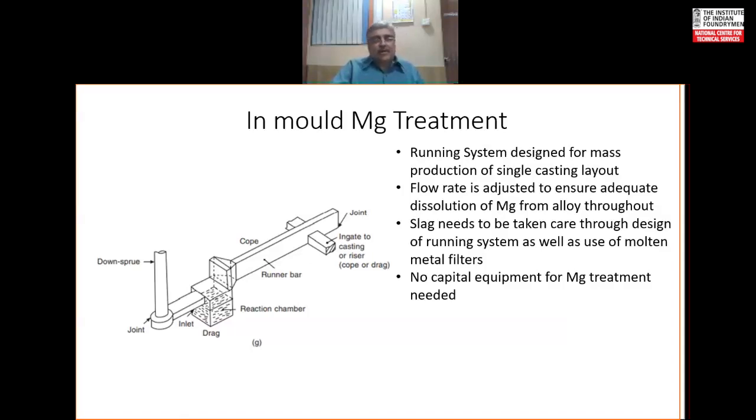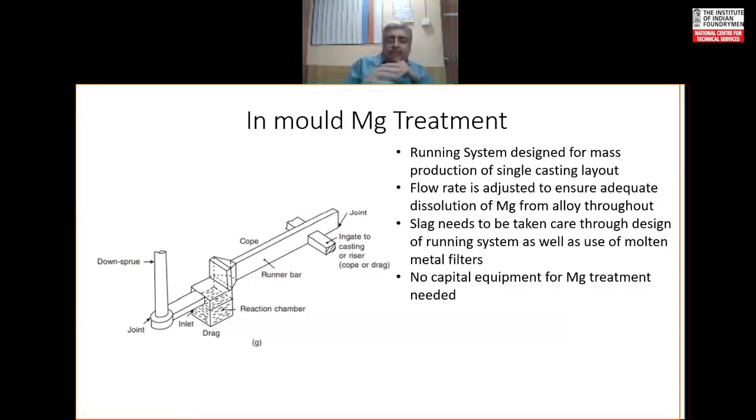Then have a tall runner bar in the core, and then take your ingates which go into the mold cavities at the bottom of the bar, so that any slag which has not been trapped will either be sitting in the top portion of the bar because it is light in weight, or in this runner bar extension,